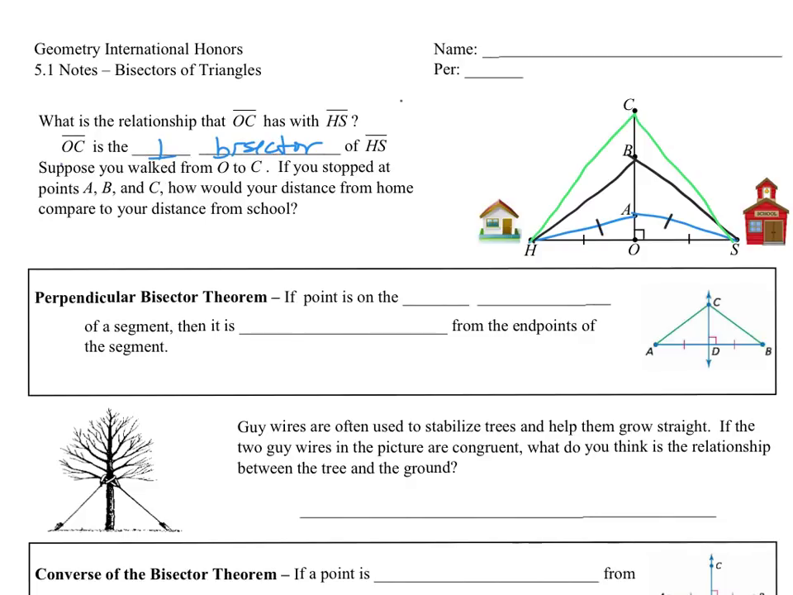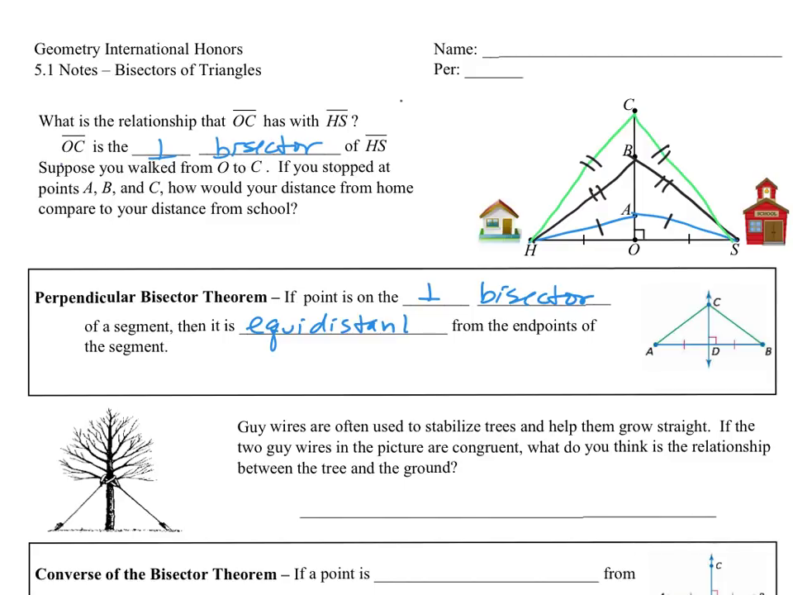Well, my drawing isn't very good, but I think you can tell that in each case, every time you stop along that perpendicular bisector, your distance from home to that point on the perpendicular bisector would be the same as the distance from school to that point on the perpendicular bisector. So that demonstrates our first theorem called the perpendicular bisector theorem that says if a point is on the perpendicular bisector of a segment, then it is equidistant